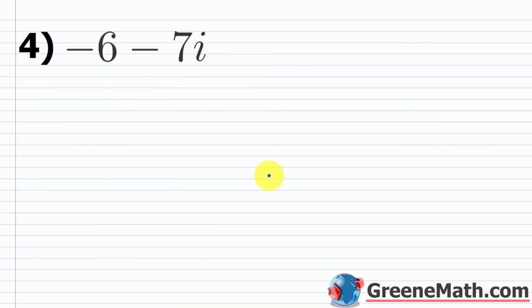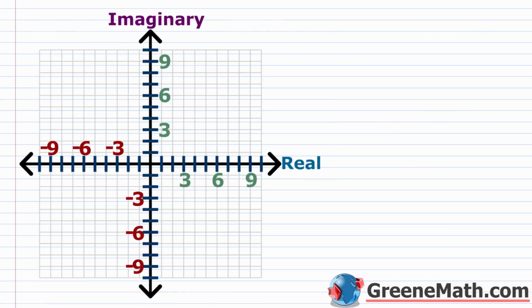All right, let's take a look at problem 4. So here we have negative 6 minus 7i. So let's come down here and write negative 6. I'm going to go plus negative 7 times i. And let's just match things up. So a is negative 6. That's the real part. And then let's go plus bi like this. So b, that's the imaginary part. Here, that's negative 7. So again, it's just like I'm trying to find negative 6 comma negative 7 on my